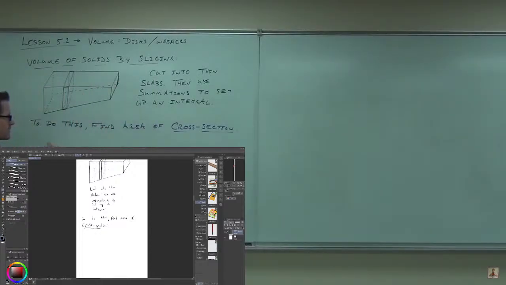Well, in general, we would do this. I'll try to break it down so you see where all this stuff is coming from. If we had just a basic rectangular prism, do you see the rectangular prism? If we had just a basic rectangular prism and it was, I don't know, going through some axis,